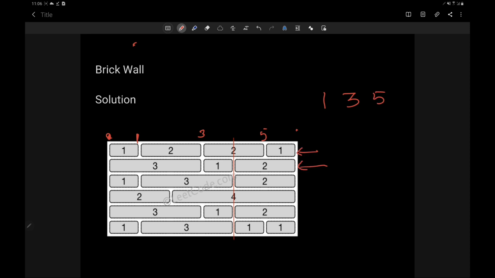Now moving on to the next row. The first gap would be after position 3, then after position 4, and then, no, 2 gaps only, so 3 and 4, because the last gap we are not seeing. I hope this is clear why we are not seeing the last gap and we are moving from the first gap and not the zeroth one. I told it earlier only.